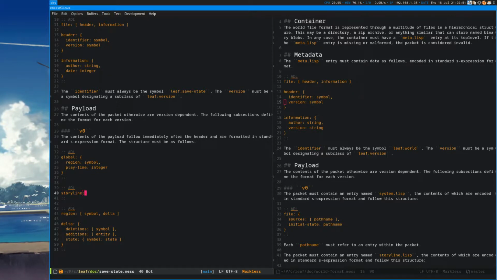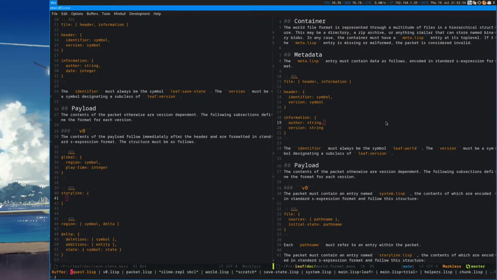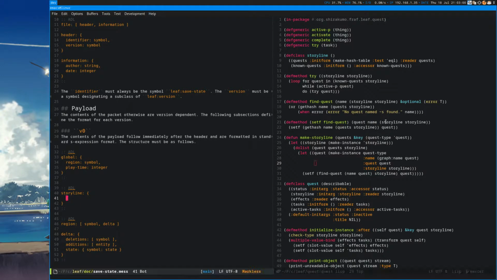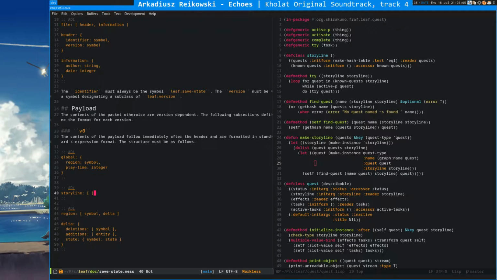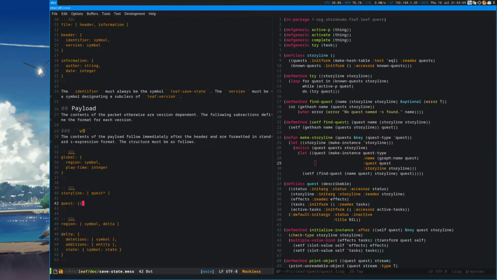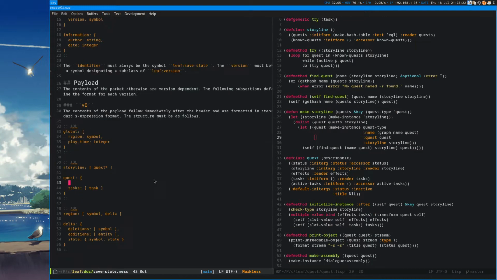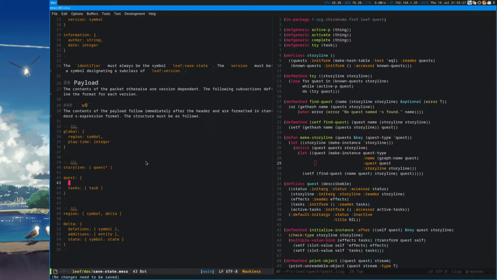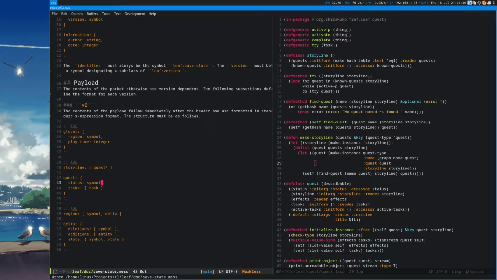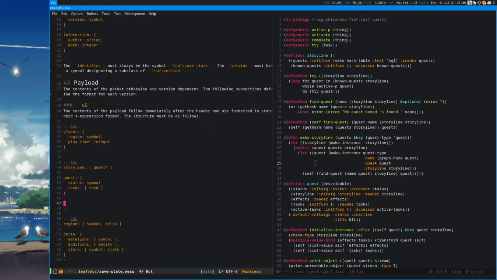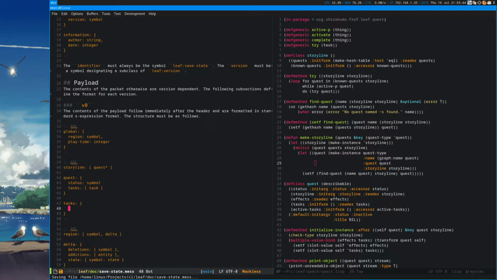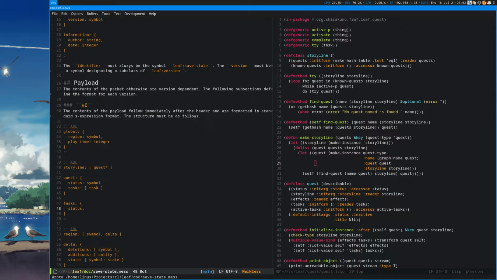Or do I need to store task information for quests that are done?